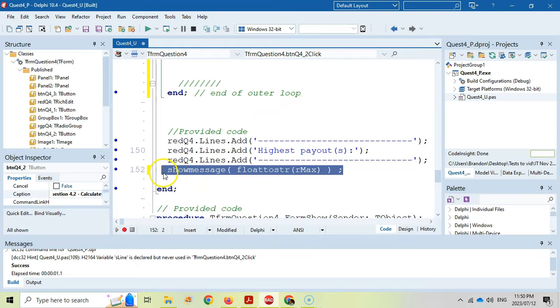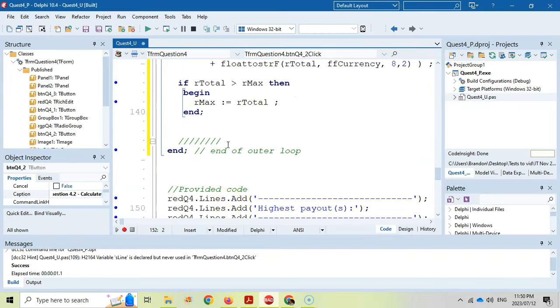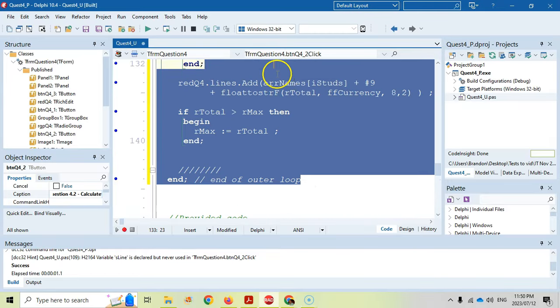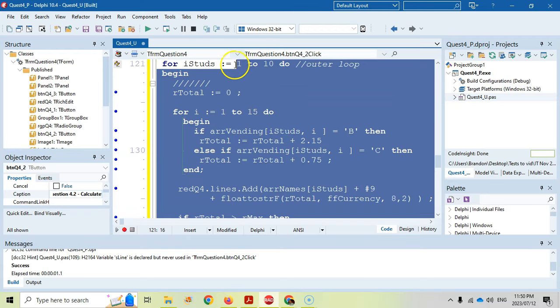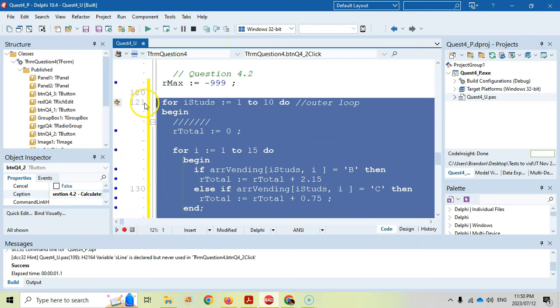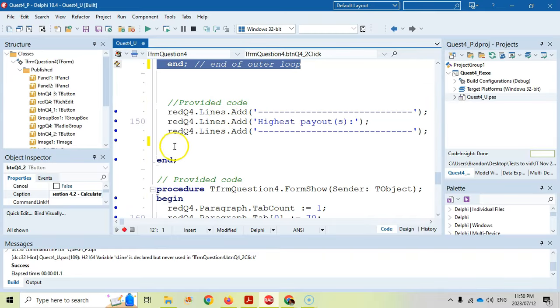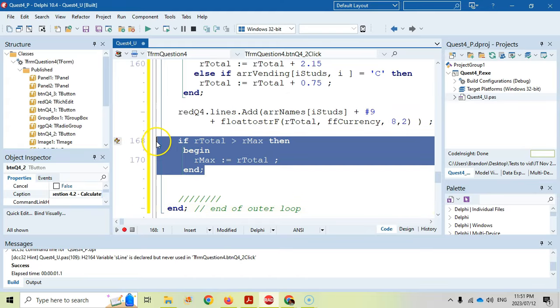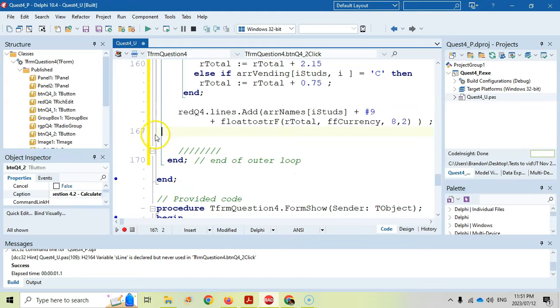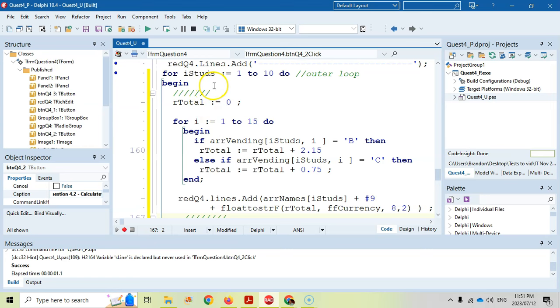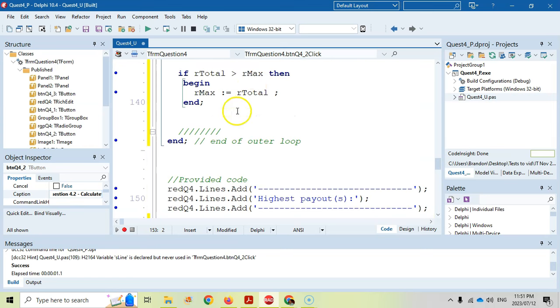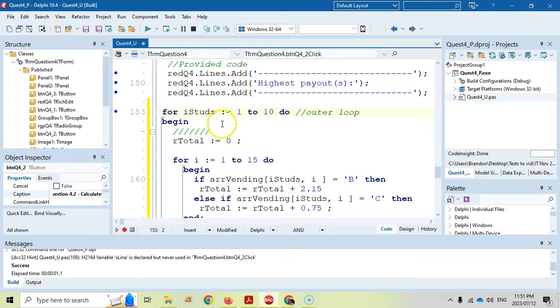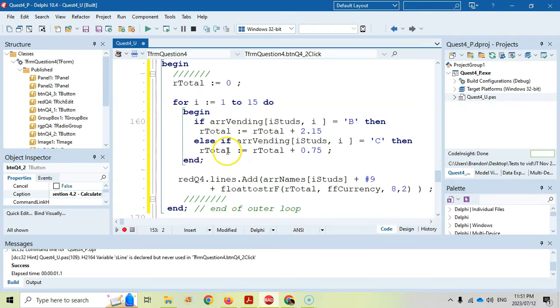So what I'm going to do now, once we have the max, is literally do the exact code again. Remember, this is probably not the most efficient way of doing it, but I'm doing it to save time. I'm going to copy this code. We're going to go through that whole process again, determining what each person got. We don't need to work out the max anymore, so I can take that bit out. So what we are doing here is working out the total for all the students. This is after we've displayed them and worked out the max. Now we're going through it, doing the same calculation, but we are going to display the name of the student and their total, but we're only going to do this